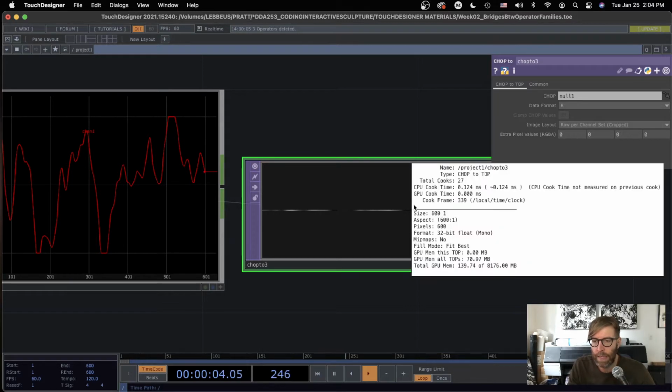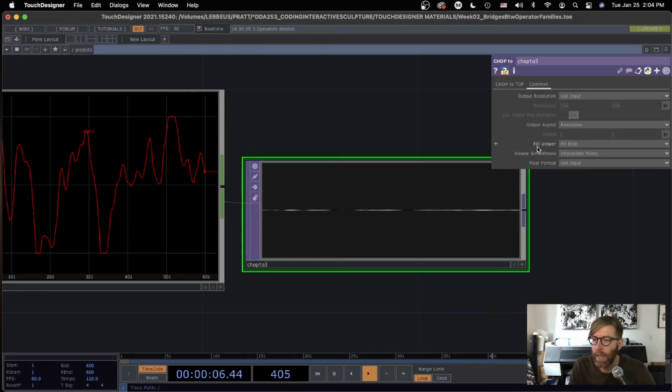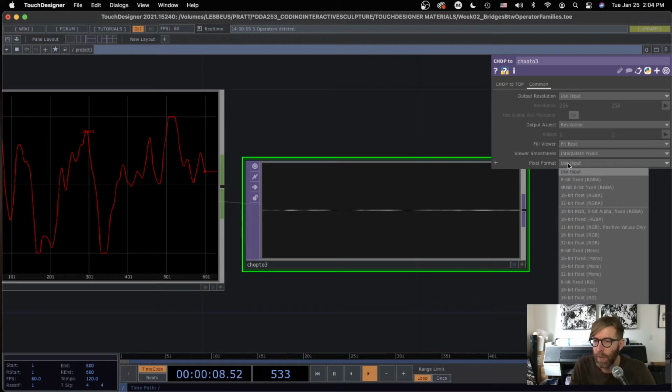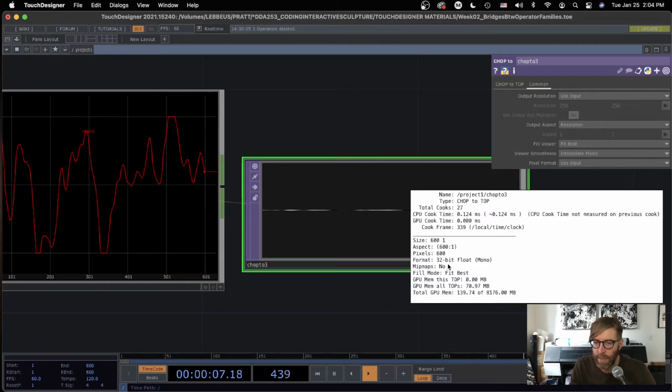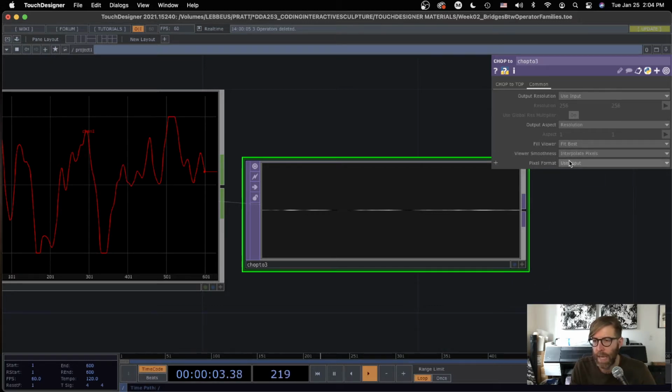Also, let's look. So one thing, it's in this kind of zone. It's not quite the first thing you need to know about, but it's good to know. It's this format, 32-bit float, mono. Let's go over to common and pixel format. Here we see some pixel formats, 8-bit fixed RGBA, 32-bit float RGBA, because this is saying it's 32-bit float mono, right? So that's essentially this down here. So the difference in that is